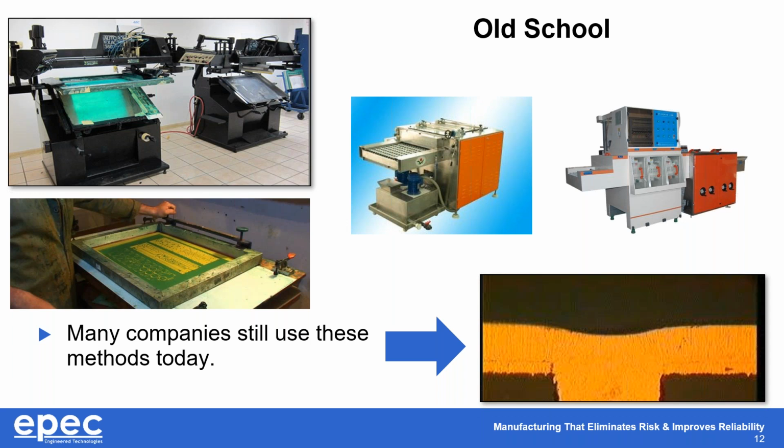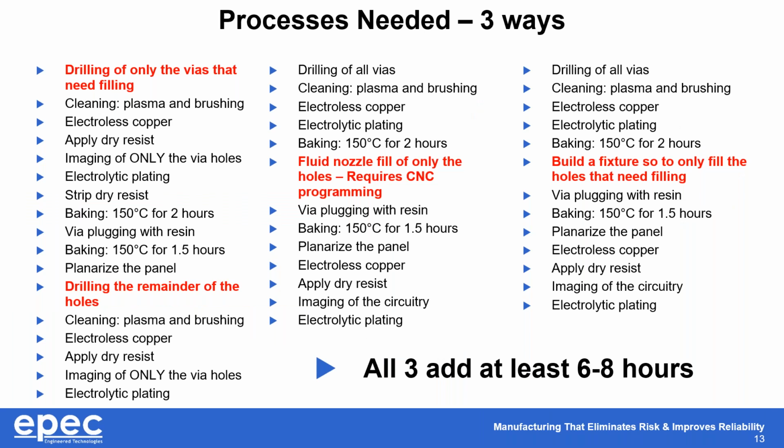And a good portion of the reason that that happens is because that screen is stuck to the actual board that you're screening. And when you pull it off, you inherently will take some material with it. And so that's what creates this particular feature if you're doing it the old school way. So there are really three ways to process it. And the reason that I'm pointing out all of these three ways is to let everybody know that there's not one way,